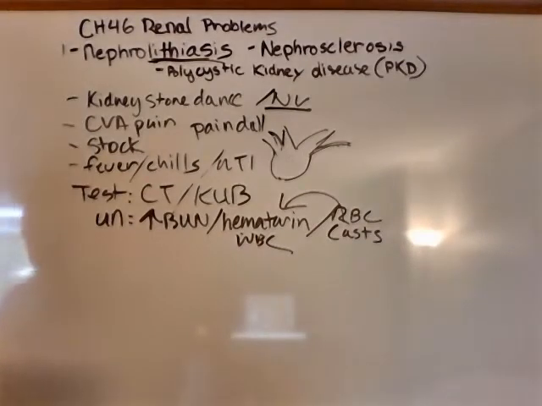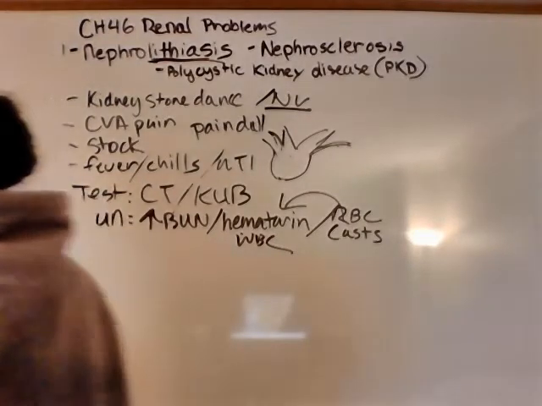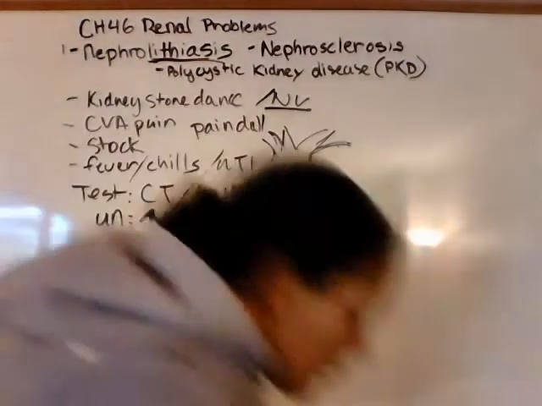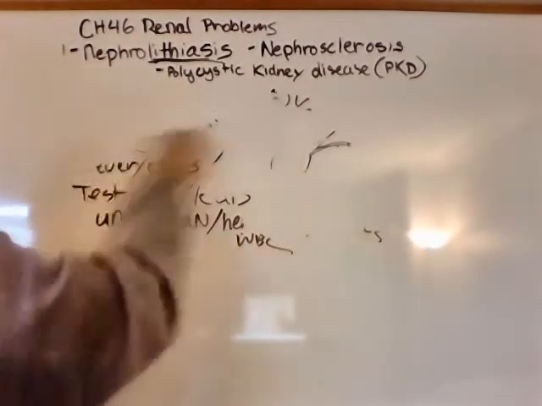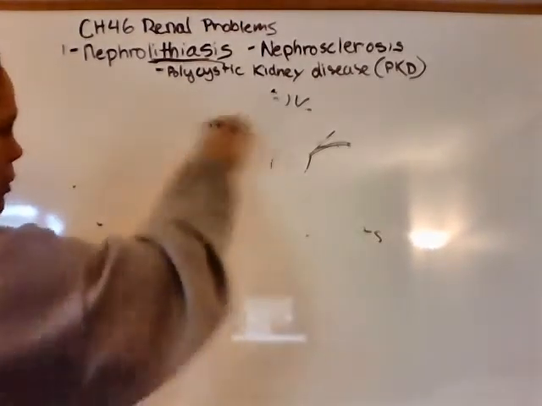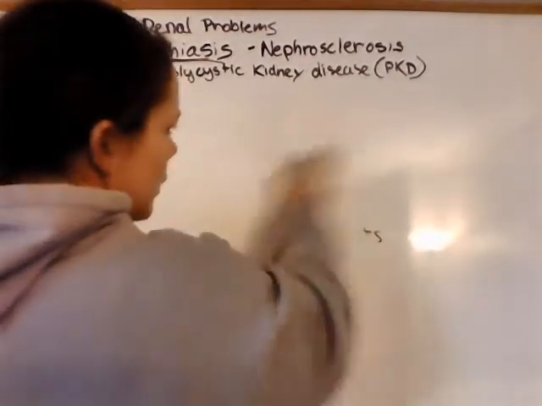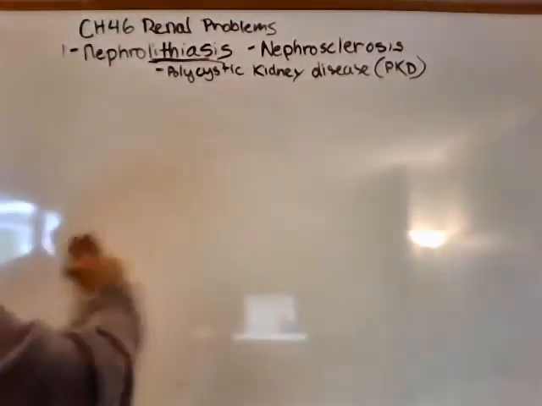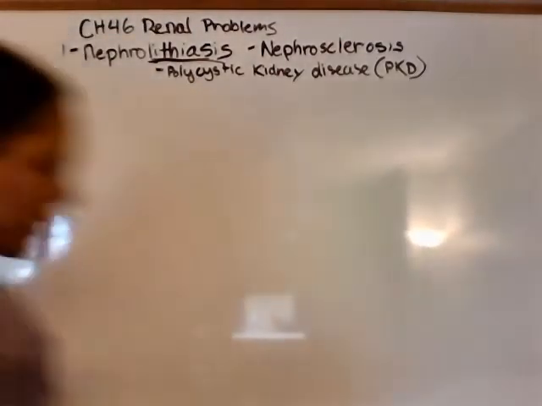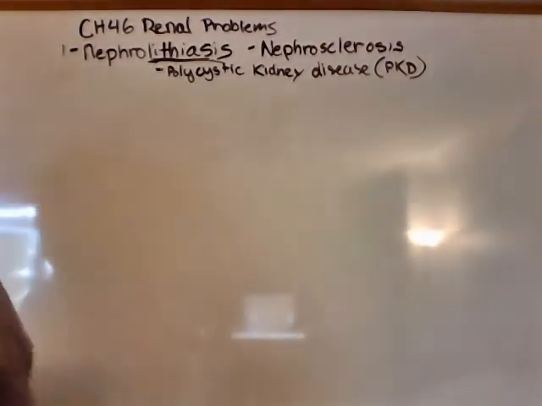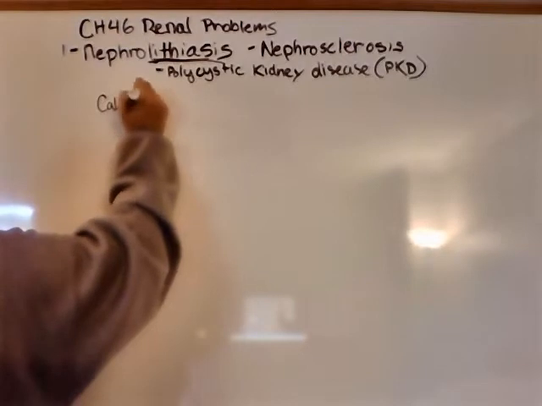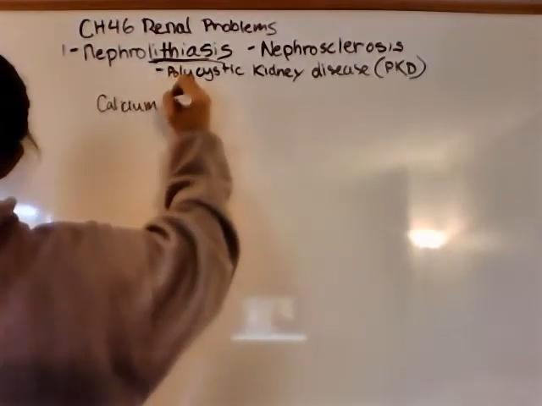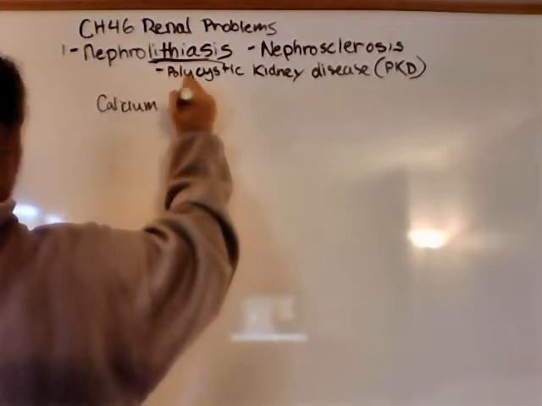Alright, so there's 5 different types of stones, and they range. They're calcium phosphate, uric acid, there we go. Uric acid, calcium phosphate, one's produced strictly from just urinary tract infections, and again, that's going to be more prevalent in women, because it's got that UTI factor. So the 5 types is calcium oxalate,